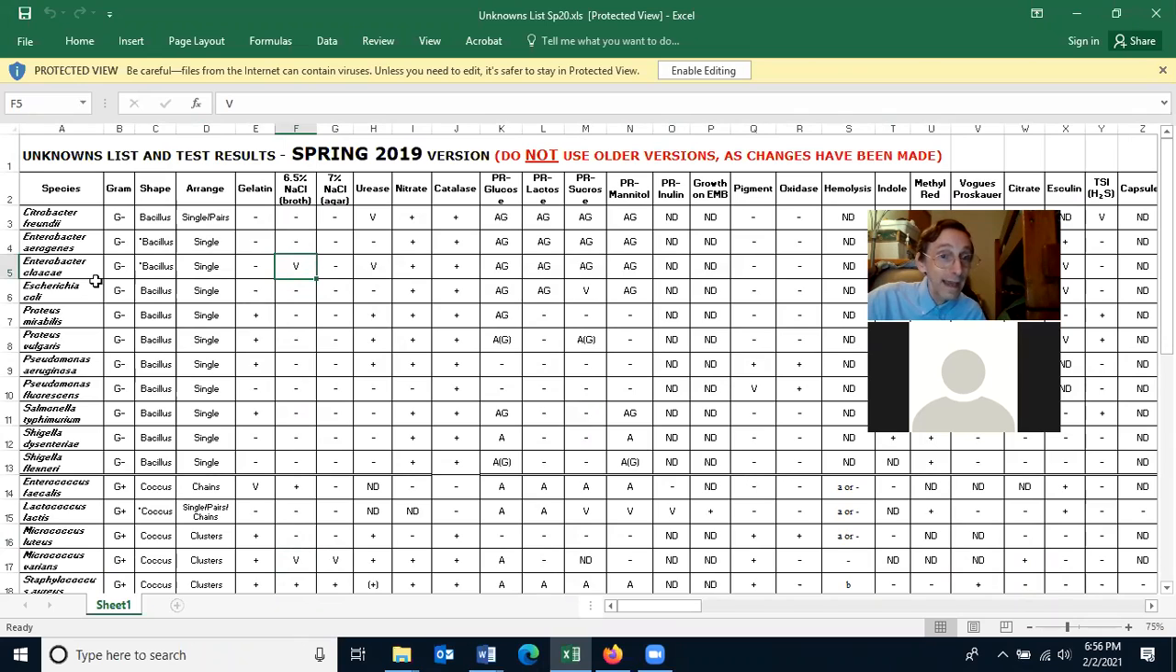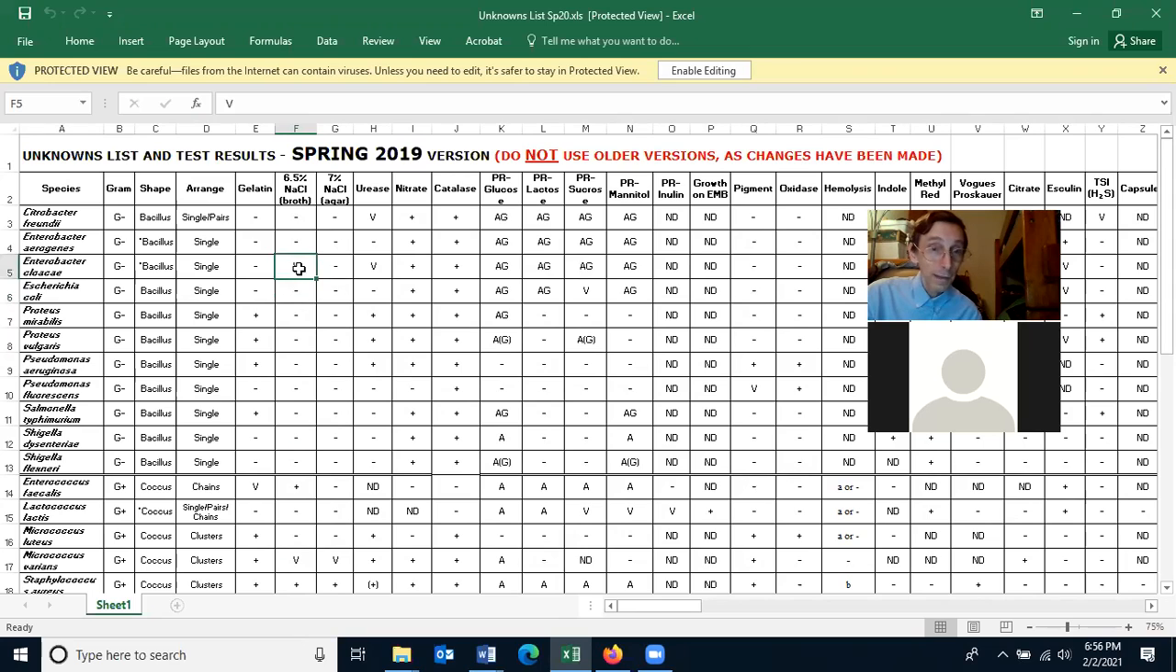Enterobacter cloacae, if you grow it in 6.5% sodium chloride broth, it'll be a variable result. Sometimes it'll be positive, other times it'll be negative. So you have to record this variable as both positive and negative. Okay? So that's not good news if you get a variable, but on the chart, I'll never give you a